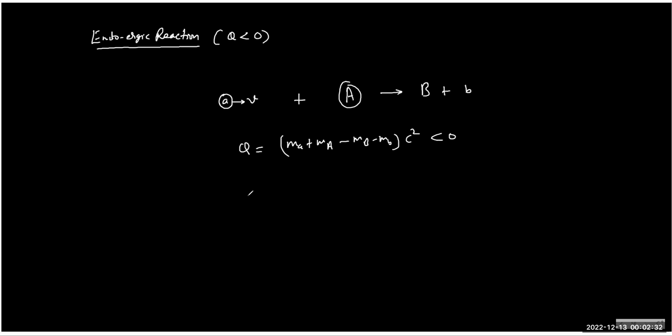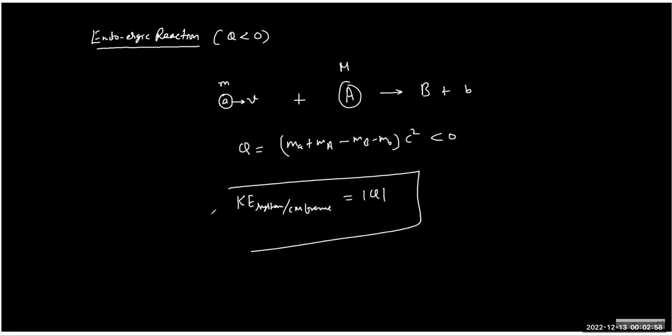So I'm saying if Q is negative, then how to carry out the reaction? Let's call this M for simplicity, and this capital M. We know that the energy available in the CM frame can do the magic. If the kinetic energy of the system in the CM frame is equal to mod of Q, your job is done, or you can say more than or equal to this. So for an endoergic reaction,